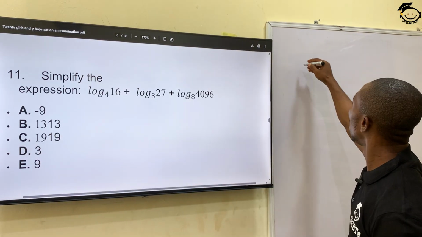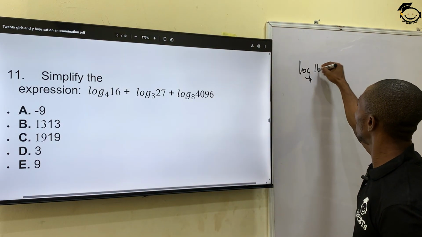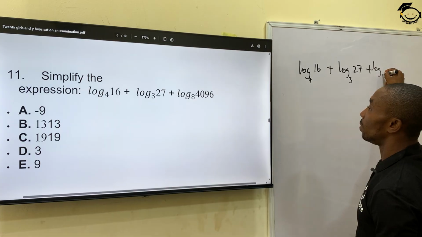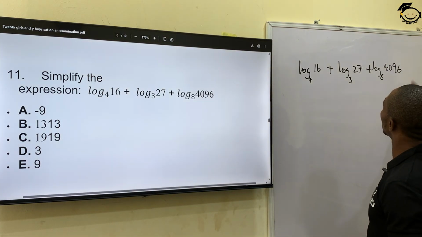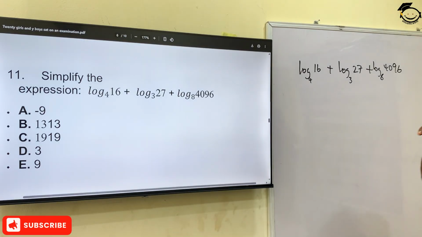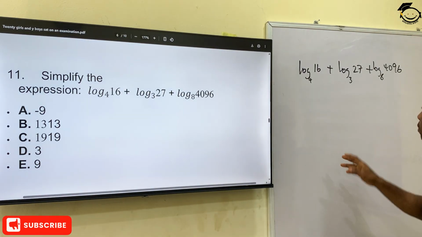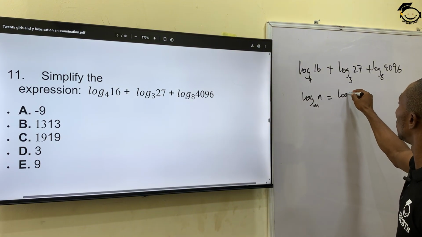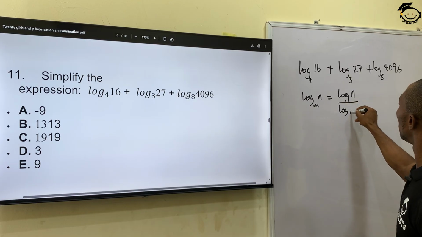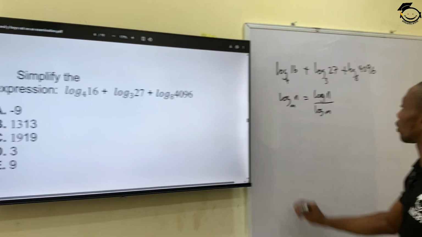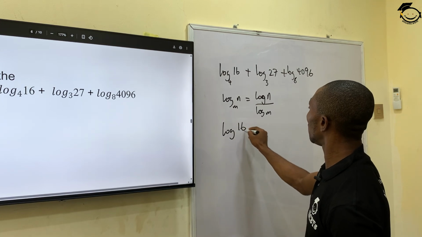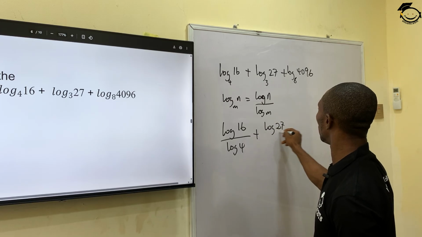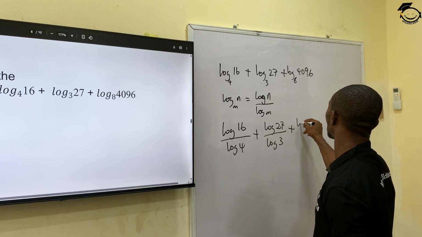Simplify the expression. We have log base 4 of 16 plus log base 3 of 27 plus log base 8 of 4096. Now, in order to simplify this, we'll apply what we call the change of base law. When we have log base m of n, it equals log n over log m. Applying this all through, we have log 16 over log 4 plus log 27 over log 3 plus